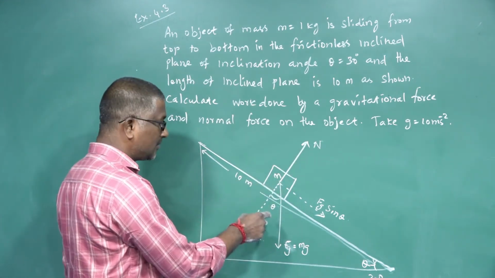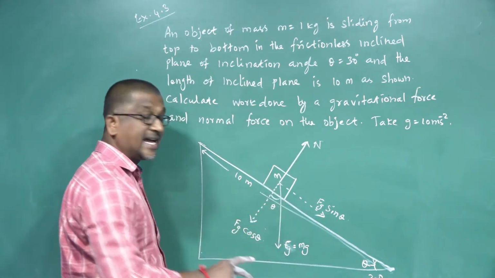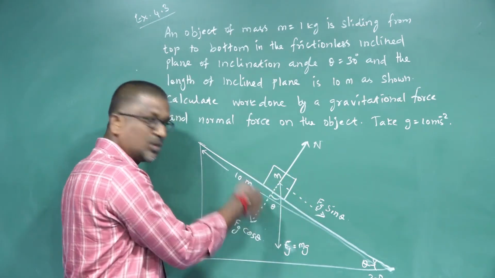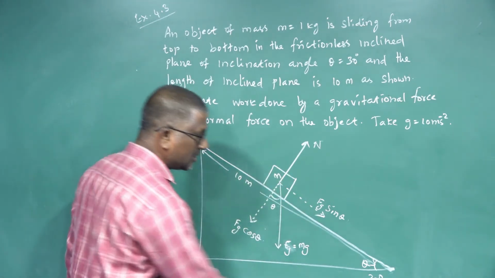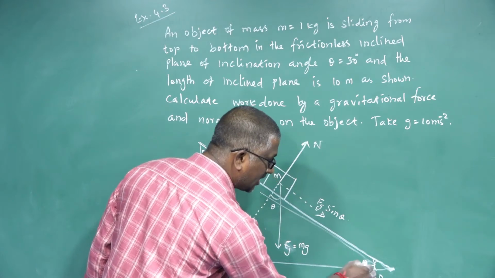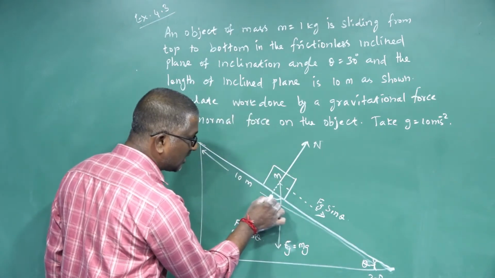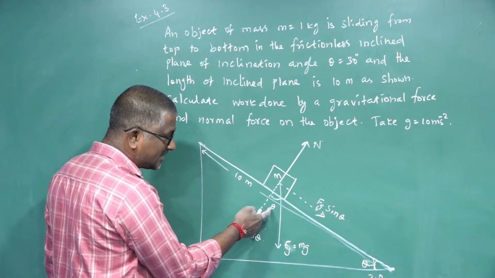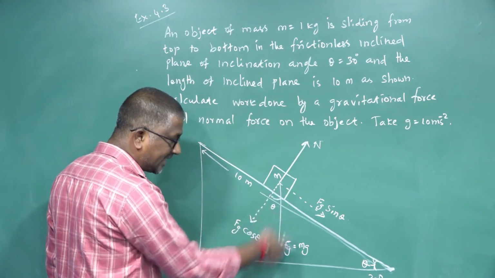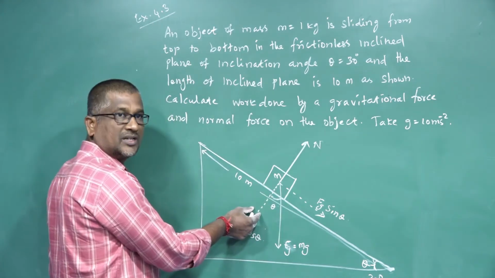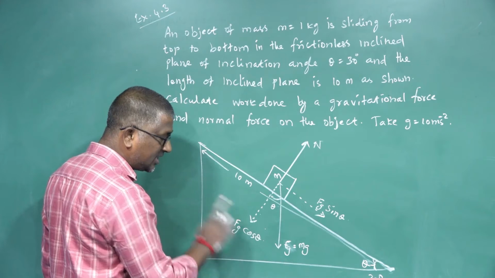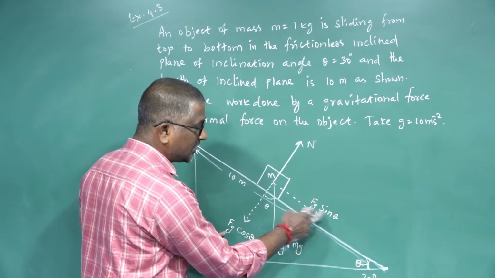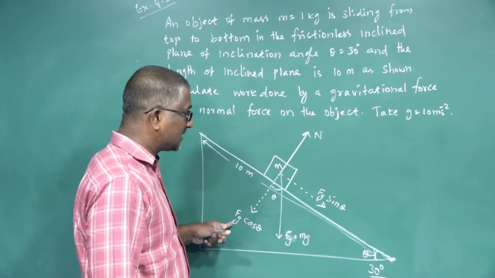Here in this diagram, the gravitational force can be resolved into two components. One is a horizontal component and another one is a vertical component, right. Here this angle is theta, so this angle is also theta. Here this component makes an angle of theta with the gravitational force, so this is the cos component. So the cos component is Fg cos theta. And another component is a sine component, so Fg sin theta.